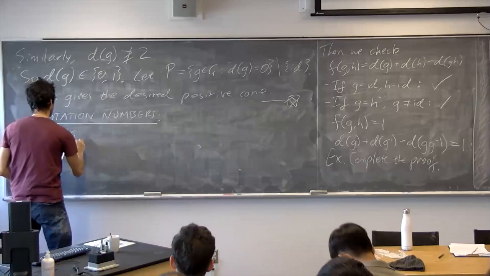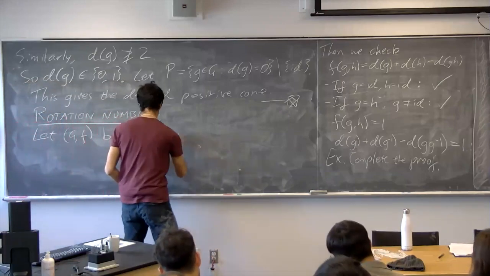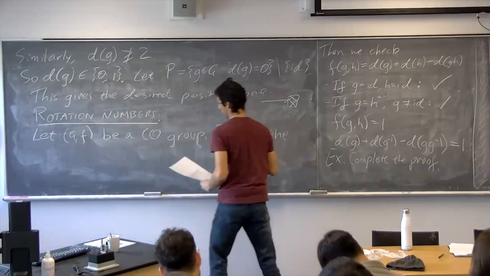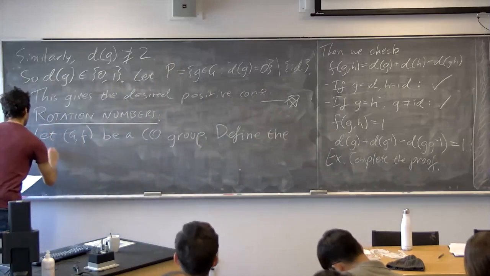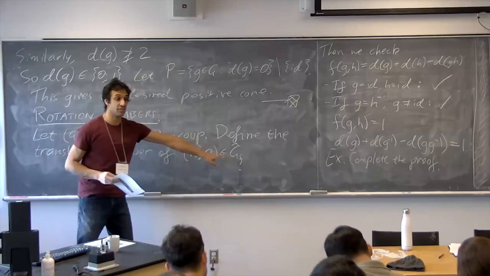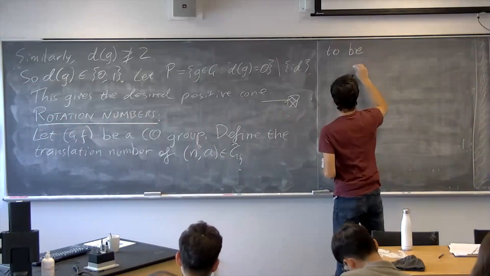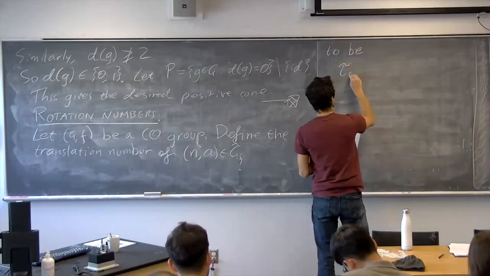Let G, F be a circularly ordered group. Define the translation number of an element in the lift. So we're going to pick an element in the left ordered lift and talk about the translation number of that first. All right, so here's how we define it. The translation number with respect to the circular ordering F